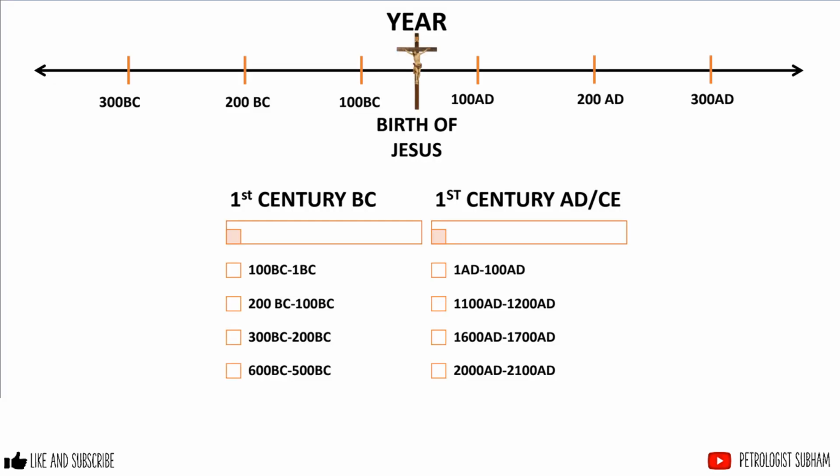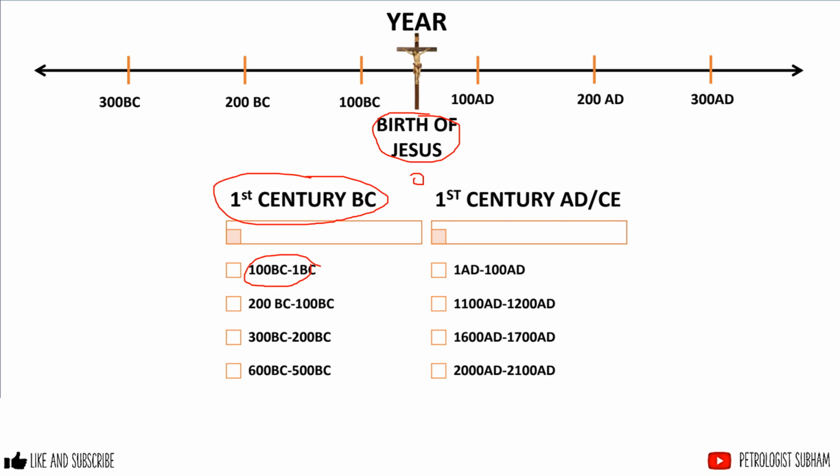So see, I was saying the same thing, like the birth of Jesus was taken as 0 year, right? And after it, it was known as Anno Domini, a Latin word for after death. Before Christ, before his birth. Okay, understood? Like how we name first century BC. First century BC is just before the birth of Christ. Okay, first century BC, like 100 BC to 1 BC.